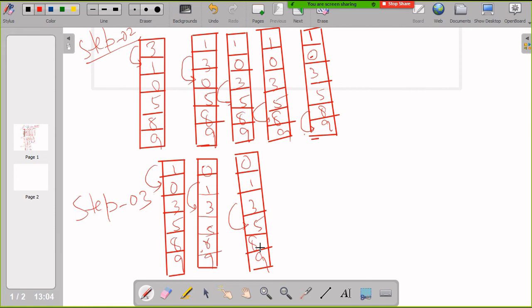So if 5 elements are there, comparison will take place between 4 pairs, and the steps will be 4 times. Bubble sorting takes comparatively a little more time, but this is the easiest way to sort the elements. You can arrange the elements in either ascending or descending order. This is the easiest algorithm, and anyone can understand it very well.